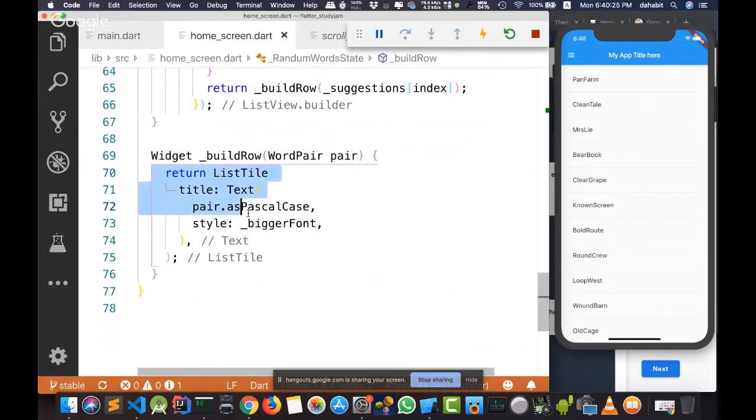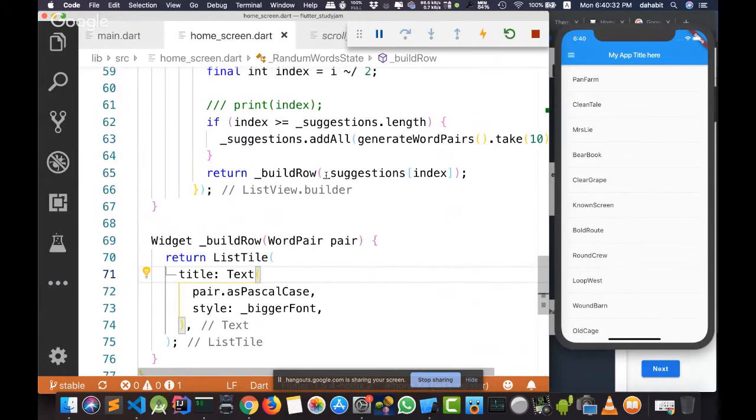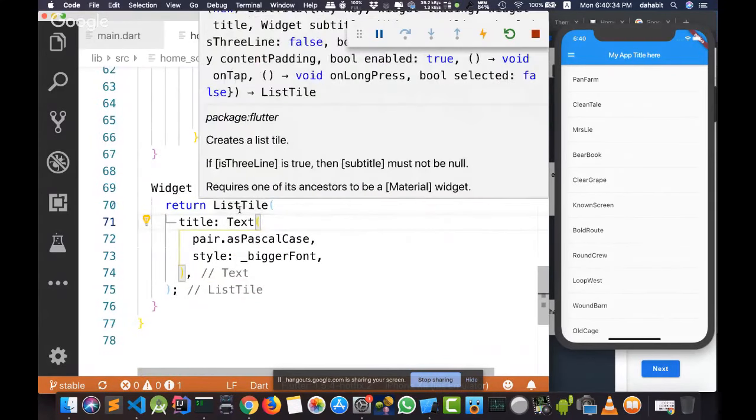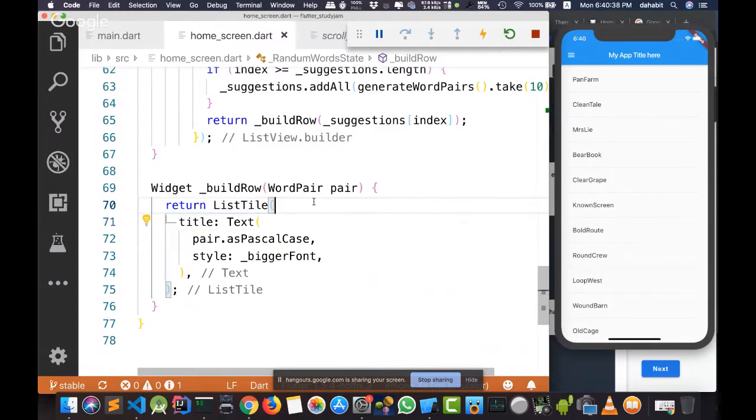The second important widget I need you to understand when you are using list view is list tile. It's very related to list view, and you will see list tile most of the time when you are using list view. The good thing about list tile is that it's a pre-made widget that gives you a lot of pre-made functionalities.